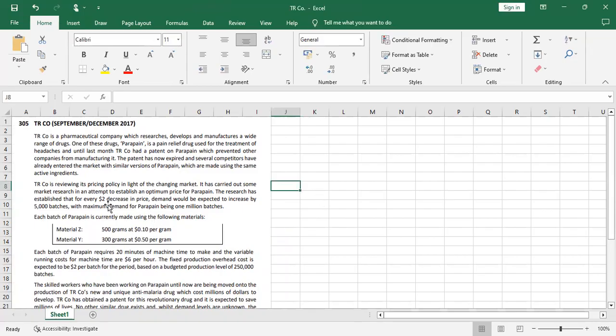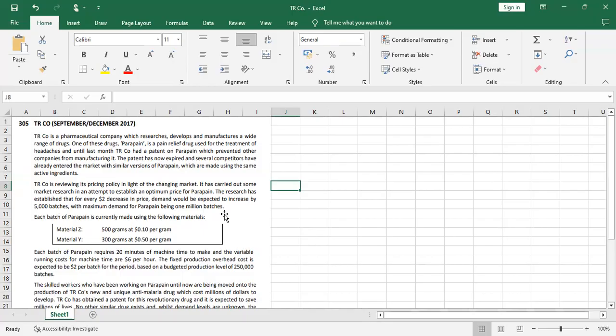We are saying that if there will be a decrease of $2 in the price, there will be an increase of 5,000 batches. It means if there will be an increase of $2 in price, there will be a decrease of 5,000 batches. So this is called what? This is called B. B stands for change in price divided by change in demand,